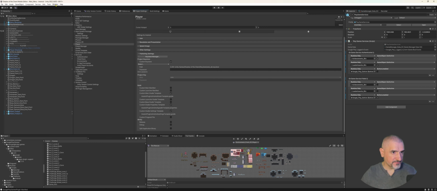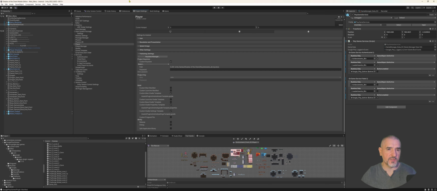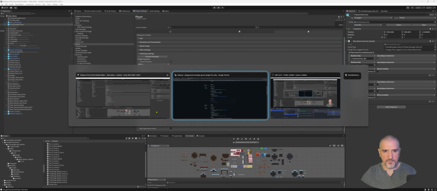you're going to see in Unity under the Window menu option, Google Play Games, and you're going to see a Setup option here. Within here, you can do your Android setup, and you can also do your nearby connection setup. There's also documentation and the About option here. So after you install the package, you would go to Window, Google Play Games, Setup, Android Setup, and